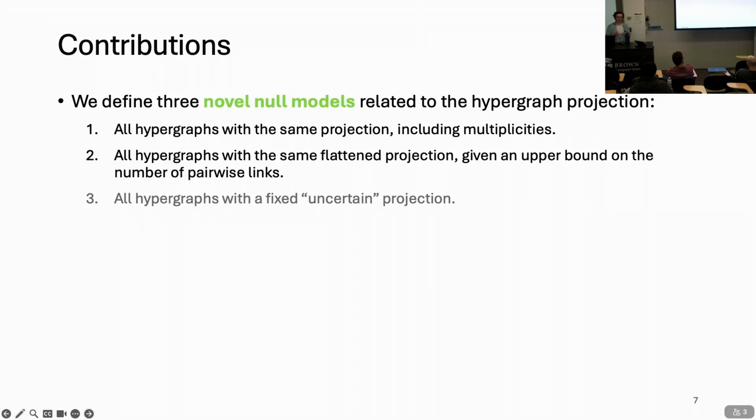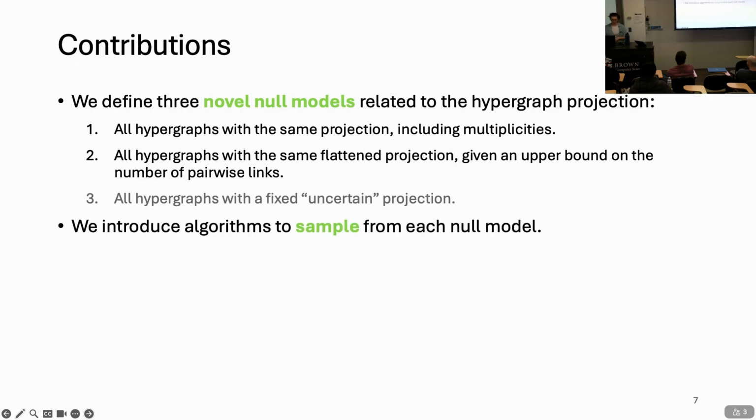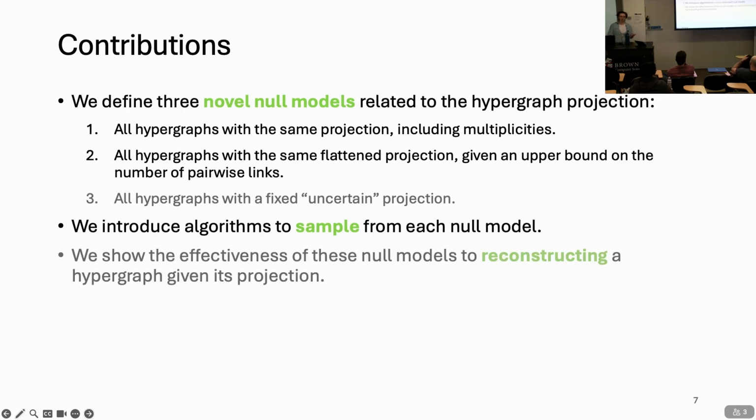And then another application we might want to do, but we're still working on it, is what if the projection is more uncertain? It's like something like the probability of links between nodes, and then can you have a null model that addresses that? We give algorithms to sample from these null models, and then we hope to,